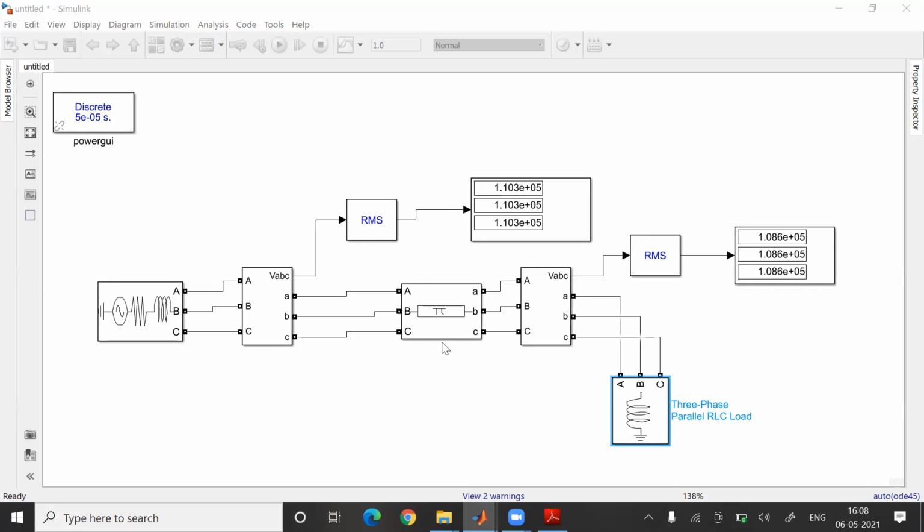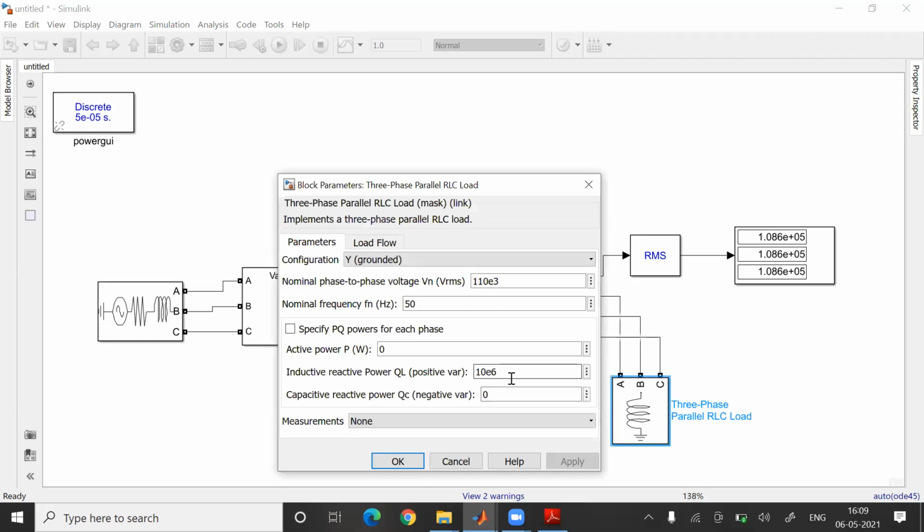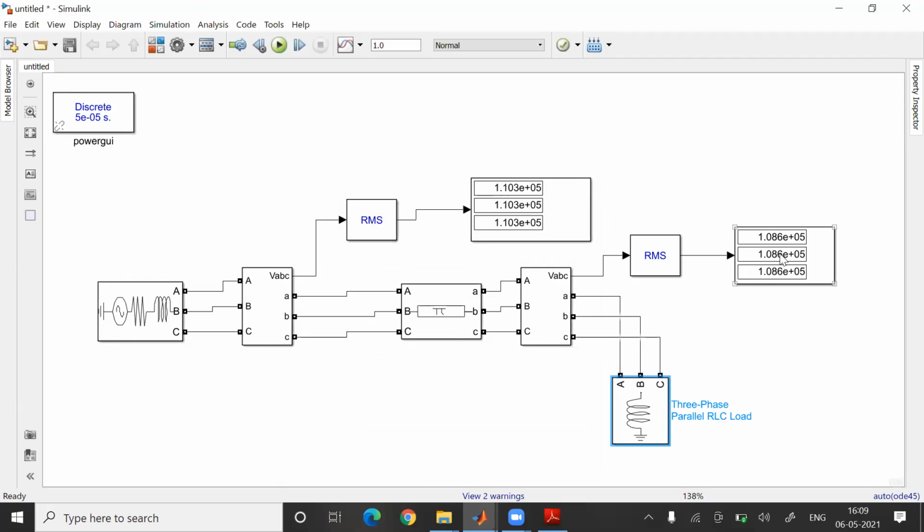When you reduced the length of the line, you observed a decrement in the receiving end voltage. And when you are adding more and more inductive reactive power, why is it termed inductive reactive power? Because all reactive power being absorbed is due to inductive loads. So on increment of this, you could observe a voltage drop.